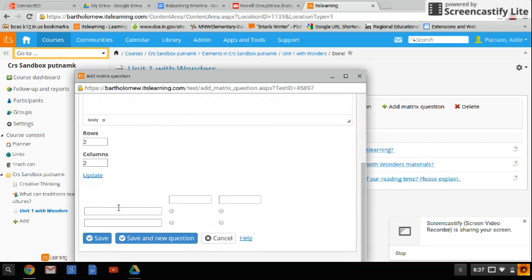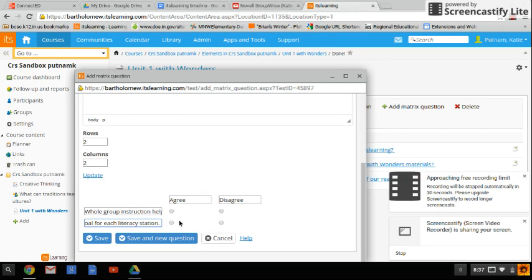So let's say here, whole group instruction helps me to know what I need to be practicing in or during literacy stations. Agree, disagree. I know the goal for each literacy station. Agree, disagree. Again, this will give you feedback on whether or not you can